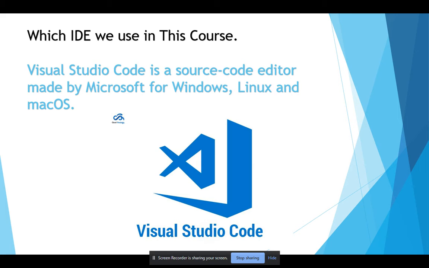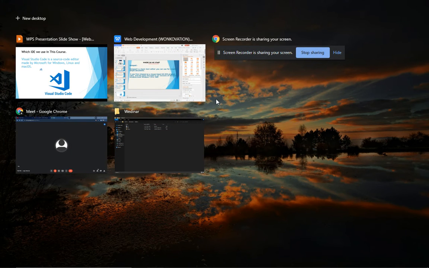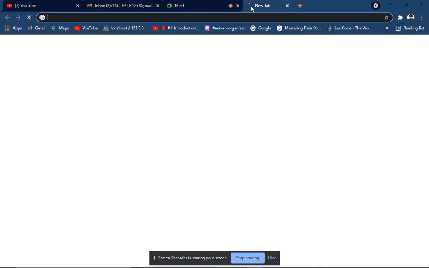Visual Studio Code is a code editor provided by Microsoft for any platform like Windows, Linux, and others. It is very interesting and very easy to use, so I mostly prefer it. Now let's move to Google so you can see how to download your IDE.